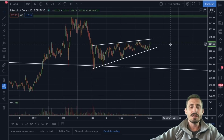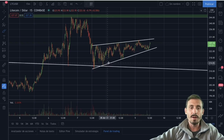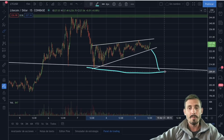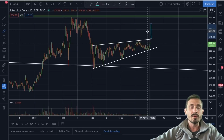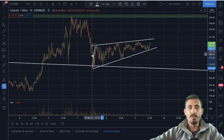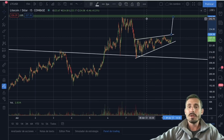An ascending wedge, okay, the breakout would be the back of the wedge or even the bottom of the wedge if we break to the downside. So if we break to the downside, this support area that we are creating, it is very likely that we come to the lower part of the wedge, okay, retesting the support of this huge symmetrical triangle. If we break to the upside, a good way to do the measured move of this impulse would be getting the back of the wedge, and from the breakout, okay, very likely we'll be coming back to retest the